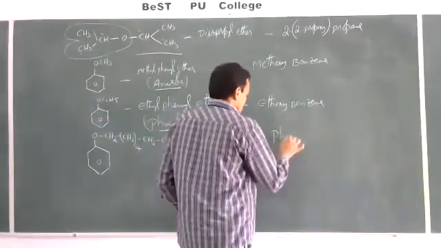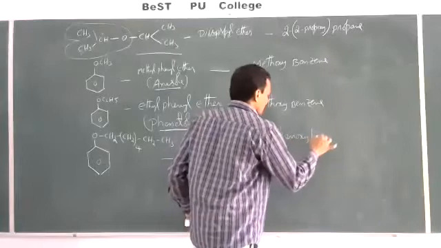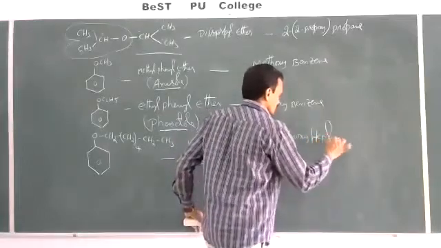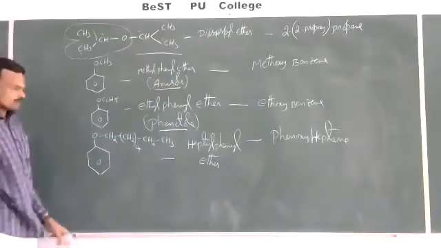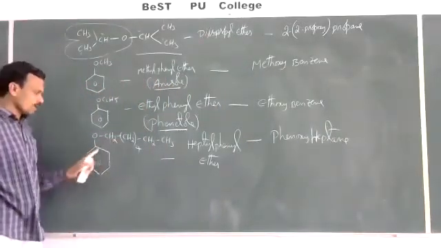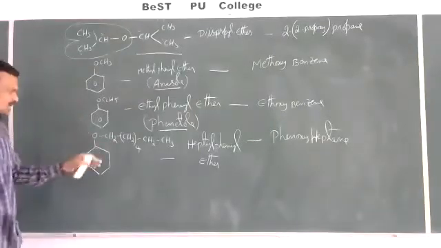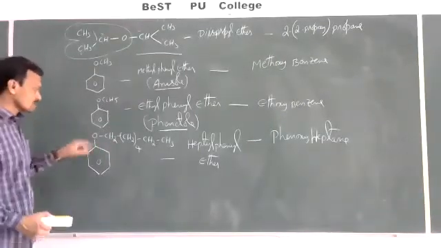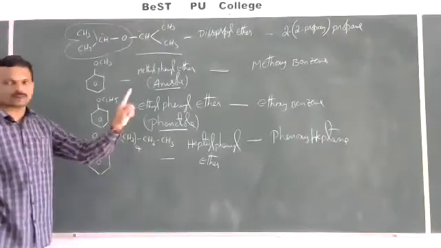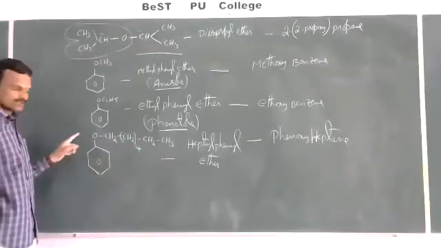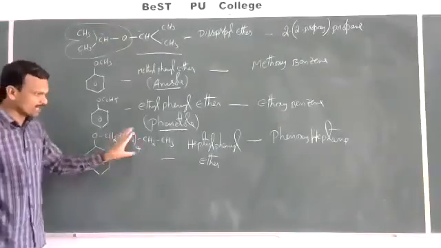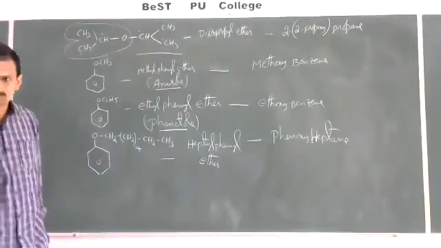Now this compound is named as phenoxyheptane, not heptoxybenzene. This is named as phenoxyheptane because among the 2 alkyl groups, whatever they may be, the one which contains more carbons should be taken as the parent chain. So now this heptane is taken as the parent chain, and this is named as phenoxy. So phenoxyheptane, this is the IUPAC name. Right. Let us see some other examples.